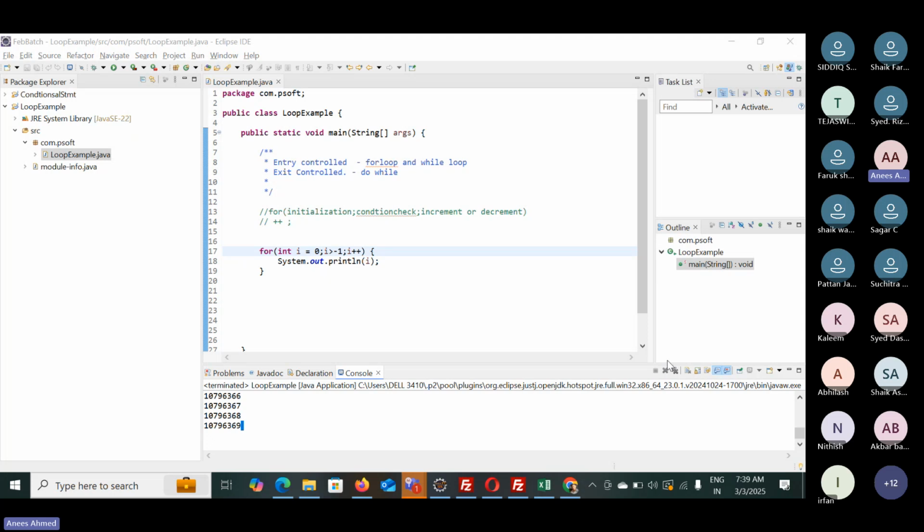Now tell me, what if I want to print from 100 to 1 in reverse? What do I need to write? Just think and tell me. I did the increment from 0 to 99. I want to reverse it, 99 to 0. How can I do that? For int i is equal to 99, very good. I need to start from 99, the first point is 99. Then i is